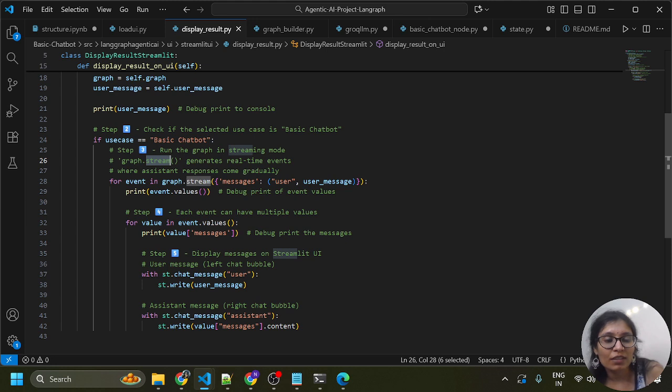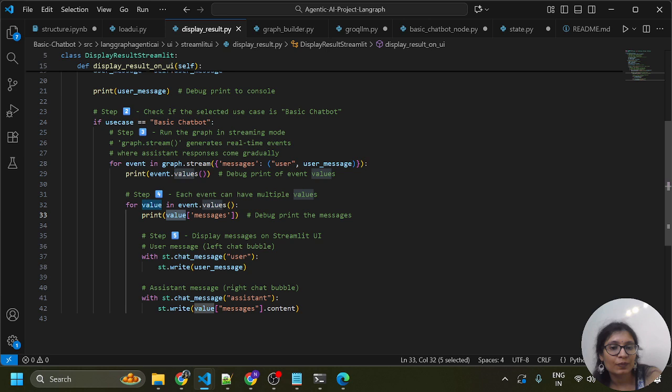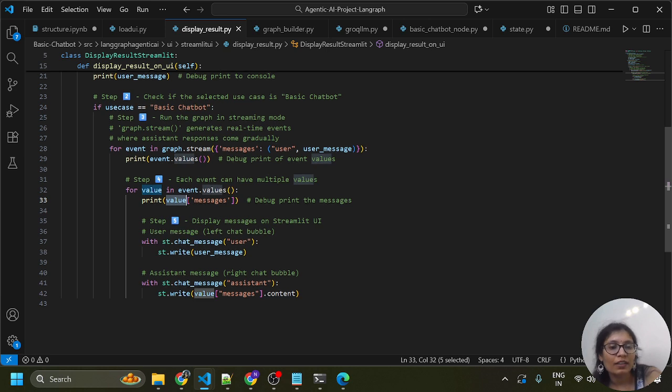graph.stream generates real-time events while the assistant response comes gradually. For event in graph.stream, here I'm going to pass messages with user message equals user_message. Okay, so print event.values, a debug print of the event values, and here you can see each event can handle multiple values. For value in event.values, print the message, a debug print of the message,